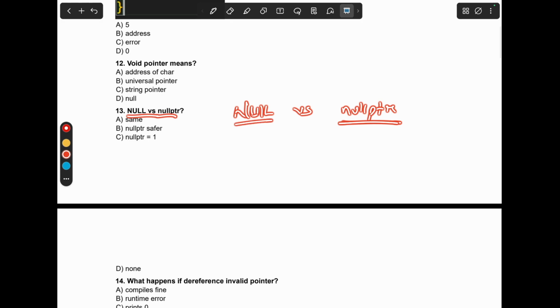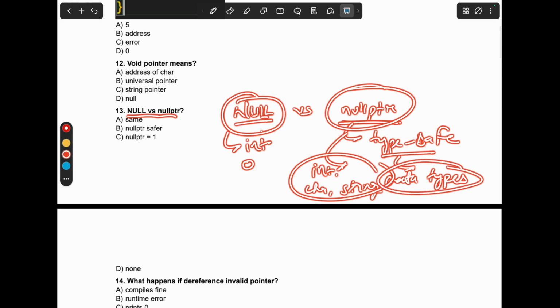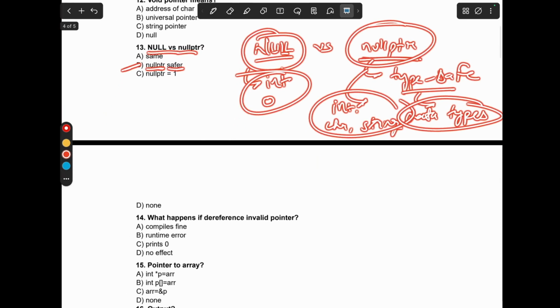NULL is also a type of keyword used similar to the null pointer, but here is one thing: NULL can only be used for integer, so it can only return 0 if we are using NULL. But nullptr is type safe, meaning it can be used with any data type. It can be used for integer, for char, for string. So nullptr is type safe and NULL is only for the integer. So our answer will be B, because nullptr is safer to use because it can be used with any